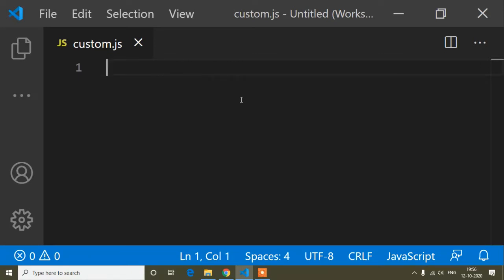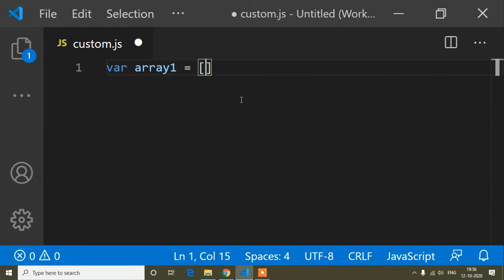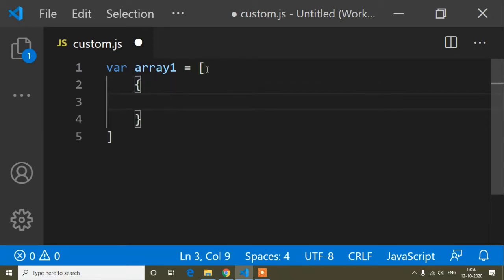So first of all, to explain this array object concat, I will create two arrays. First, var array1, this is the first array variable name, but you can write any name for this array variable. And now in this array, I will create an object. So curly braces, and here I will write the property name.